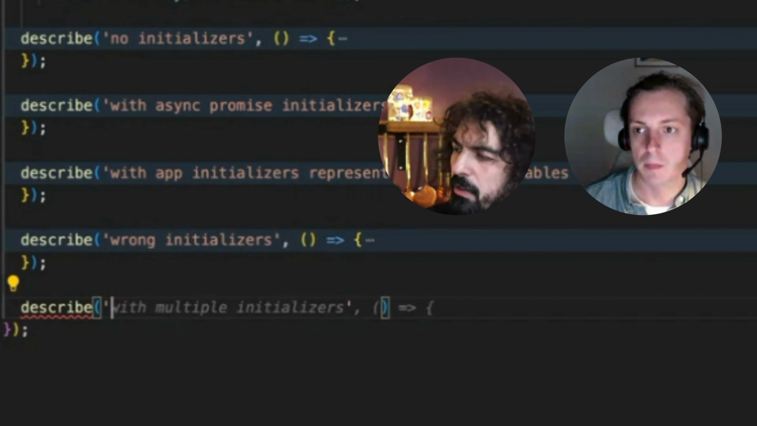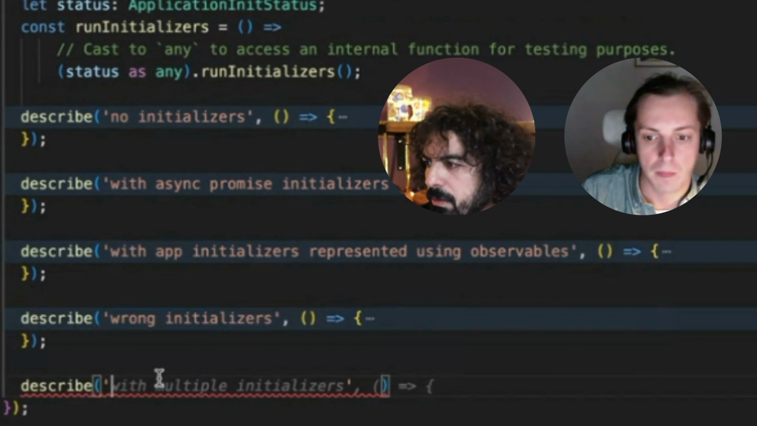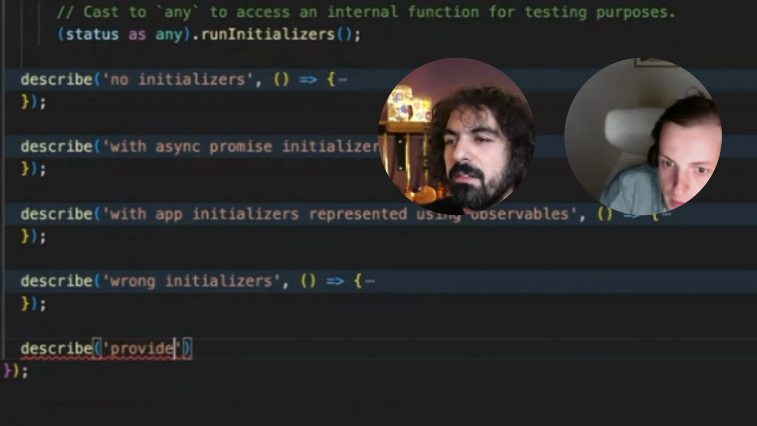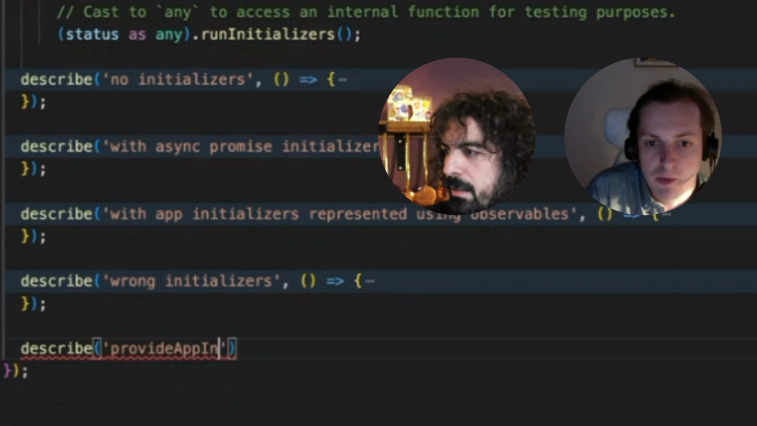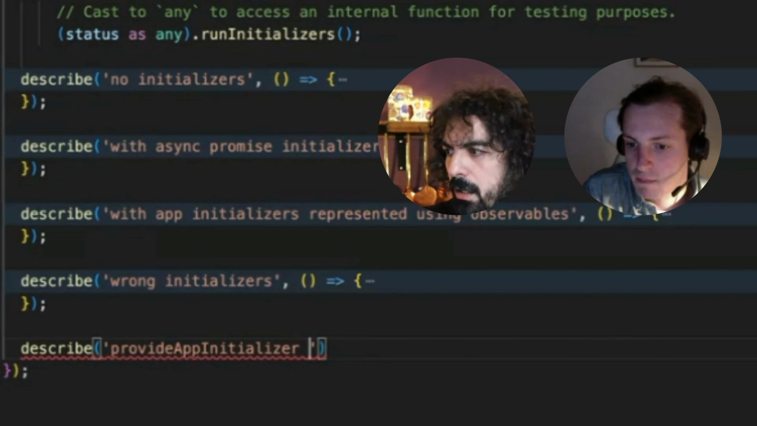Describe, and I think I'd call the function. I was thinking to stick to the standalone conventions, like start with provide, something like that, because we want to provide the app initializer. Yeah, and